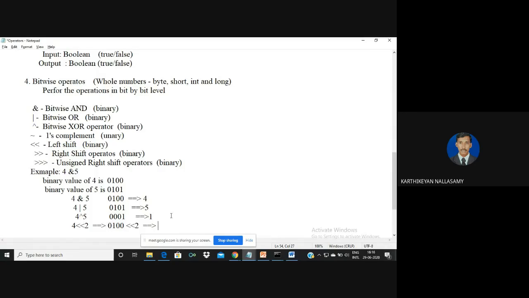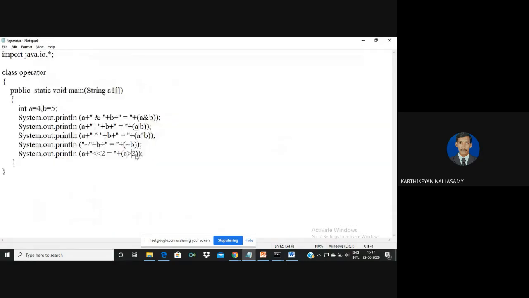Now we need to remove the last 2 bits and append 2 zeros on the left hand, so our input is 2. Here we have only 26 zeros. Your sign must be positive, so we need to treat this as a positive number and find the equivalent decimal number for this case. The equivalent decimal number for this case is 16. So it shows like this.